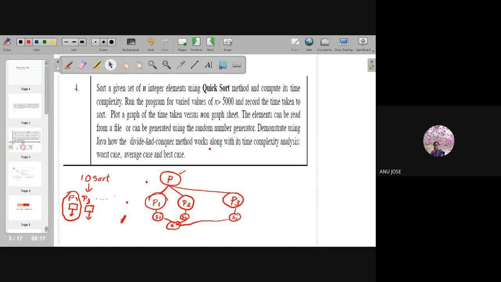But again, I will explain the same thing in the theory class also. So now you just listen, because it is not that easy to understand so quickly. So please listen, and maybe the second or third time I explain the same, you will understand it. Whenever you find a difficulty, just inform me so that I can clarify your doubt. Now we'll move into the explanation of the quicksort.